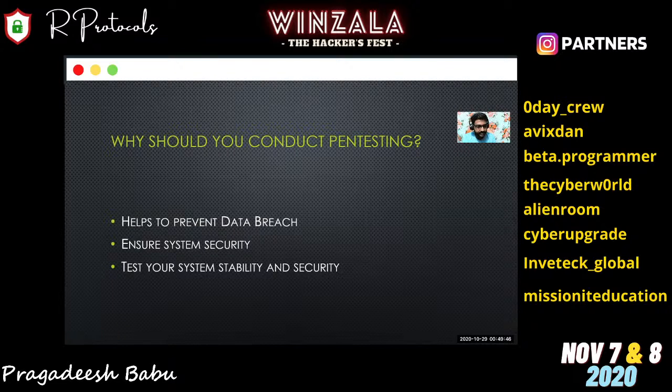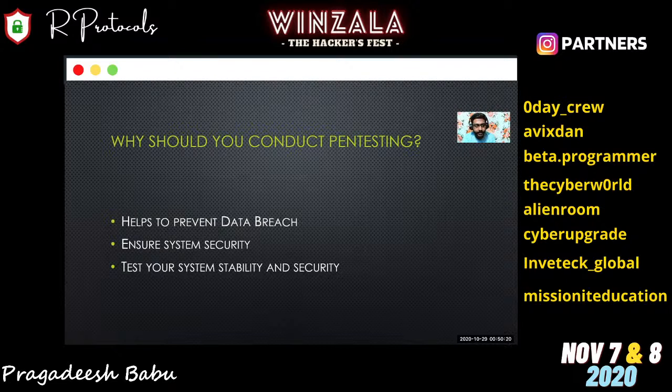So why should we conduct pen testing? Why is it important for a company or any organization to conduct pen testing? Conducting pen testing helps to prevent data breaches. Consider a hacker trying to hack into a database, and he finds user tables consisting of usernames and passwords.